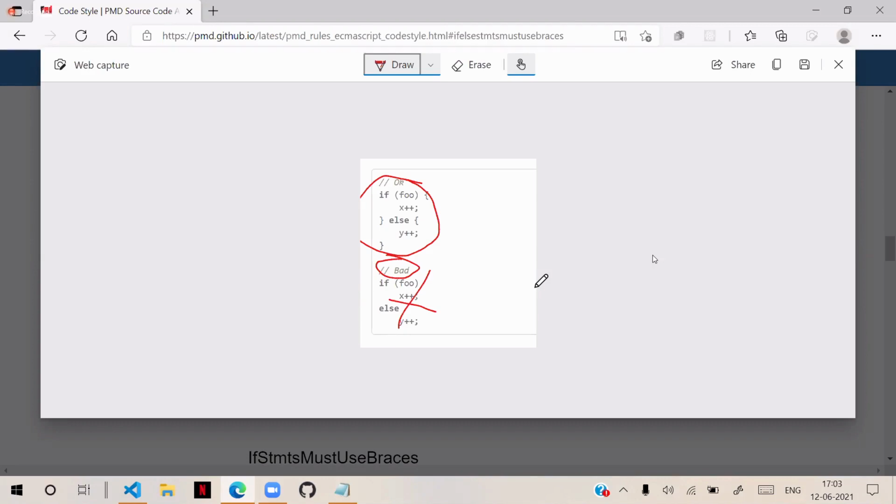I will not even tell my learners about this concept if I am teaching the if condition. I will say: use flower braces to start and end. And when I am teaching that, immediately somebody comes and says, sir, in Java, in .NET, in PHP, or my faculty somewhere else said that without the flower braces it will also work. That is rubbish. That is completely foolish coding. That is completely unprofessional coding.